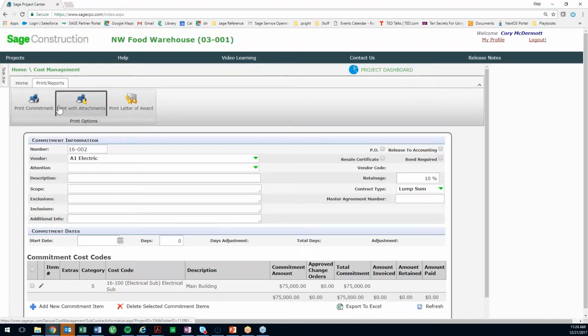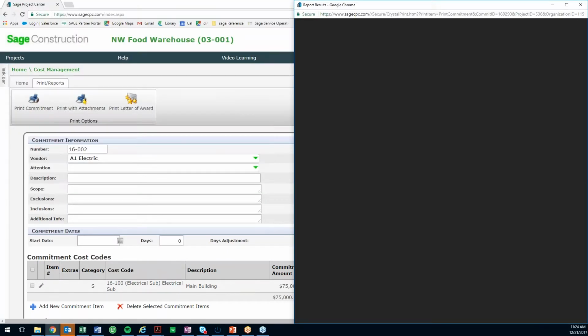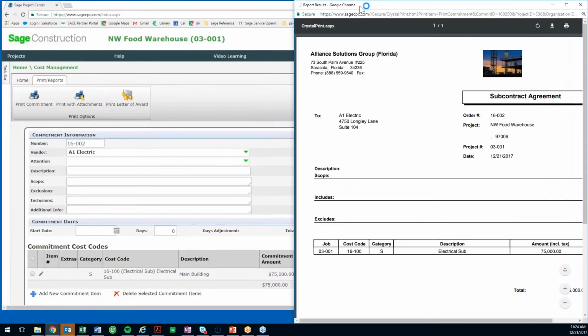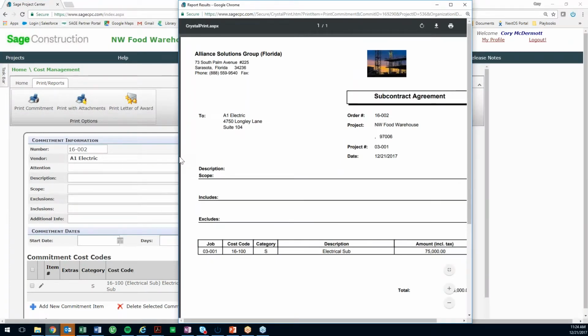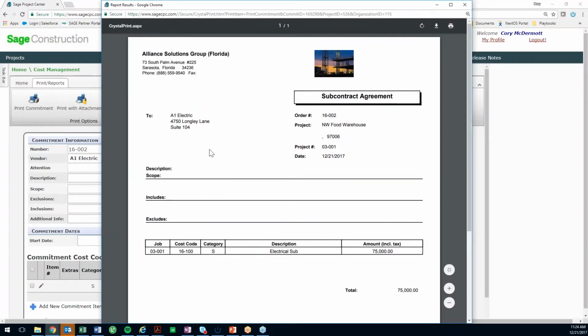And when I print my report, I could print this with attachments if I wanted to add additional exhibits to this, but I'll just show you what our standard out-of-the-box report looks like. And so this would be my subcontract agreement that gets printed out. One thing to note is that all of our reports are Crystal Reports, so that they can be modified and updated if you want to customize this to make it look exactly like the reports that you use today in